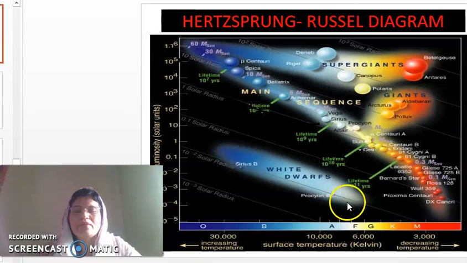And here there is a group of stars called white dwarfs. They are dwarfs; main sequence stars also are dwarfs. White dwarfs are a certain form of stars which are not living stars, they are dead stars.